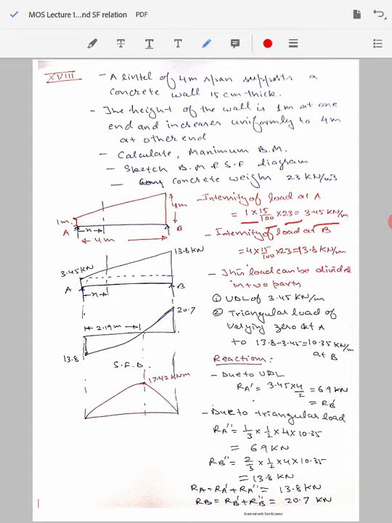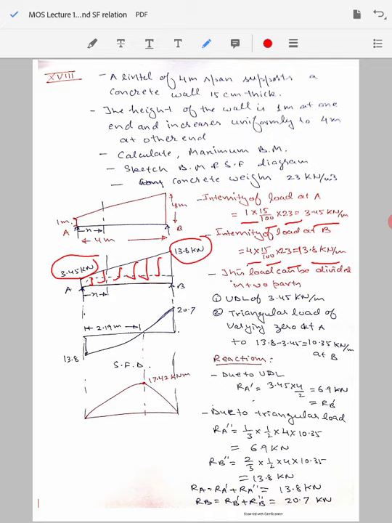We can calculate the intensity of load at point B. So here the height is 4, width of the lintel is same, 15 by 100, and multiplied by 23 will give us 13.8 kilonewton per meter as the intensity of load at point B. So you see it becomes a kind of uniformly varying load, at one edge being 3.45 kilonewton and at another edge it is 13.8 kilonewton. So this is a uniformly varying load of magnitude 3.45 kilonewton to 13.8 kilonewton from edge A